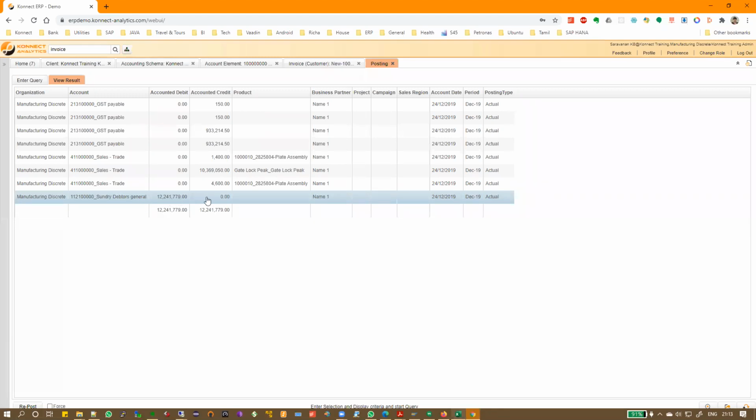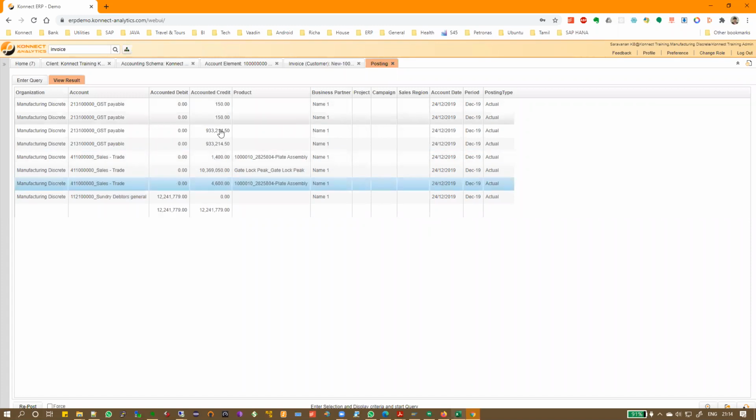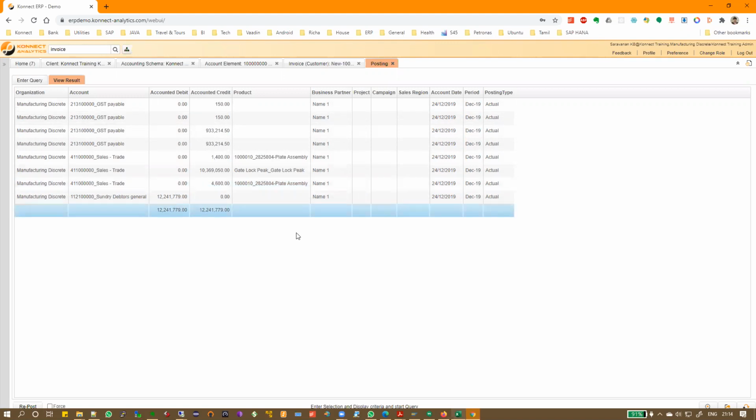Okay, you guys are with me so far? Now there is an implication of GST here. Let's not worry too much about GST for now. Let's park this for the later discussion because this will confuse you more. And if you see, the total account debit is equal to account credit.